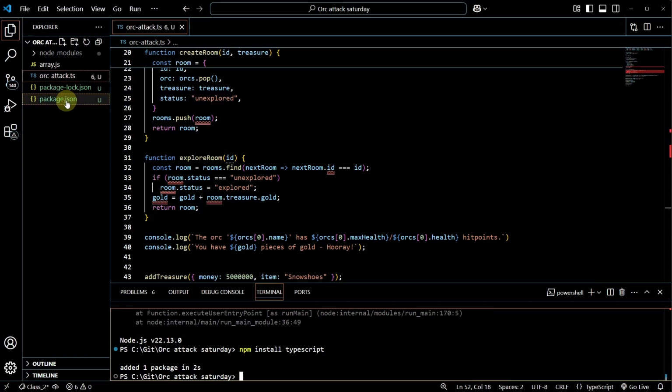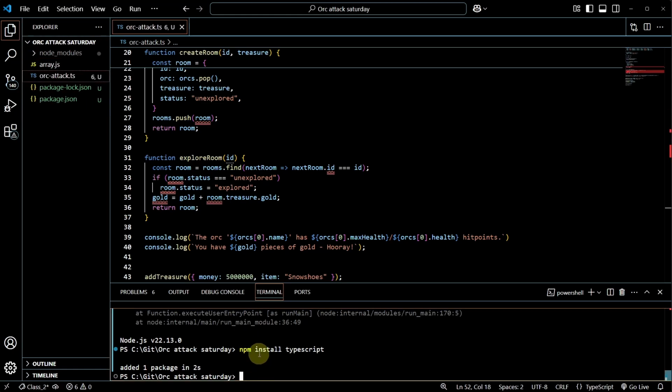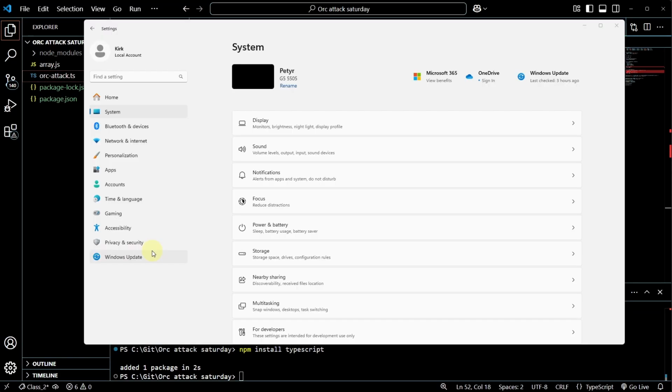I got some new files. I got a completely new folder over here with a lot of things inside. Some of you will have an issue right here where there'll be a warning that says your computer does not allow you to run scripts. So let's fix that. What I have done here is I've right-clicked on the Windows icon in the taskbar and